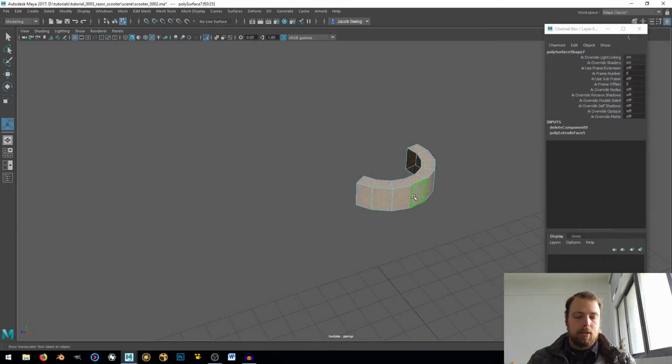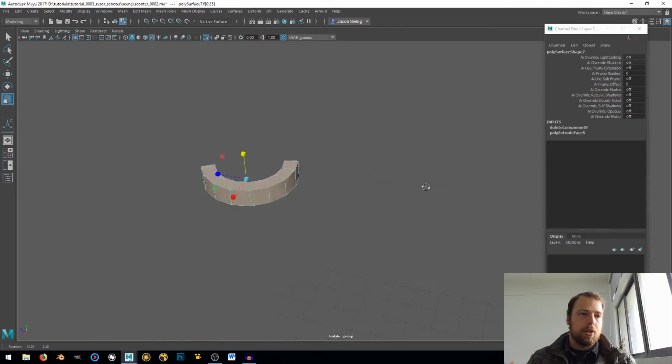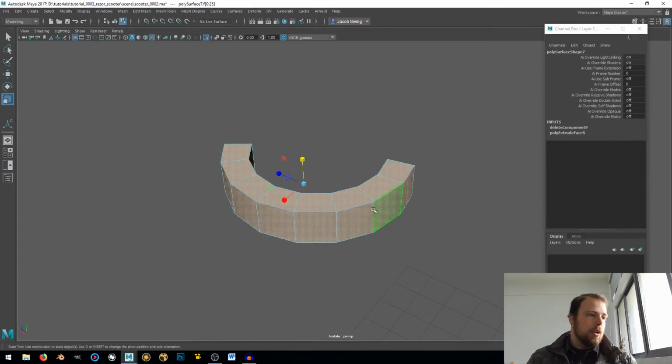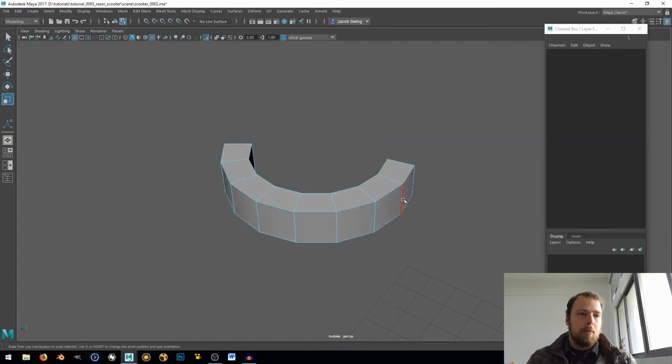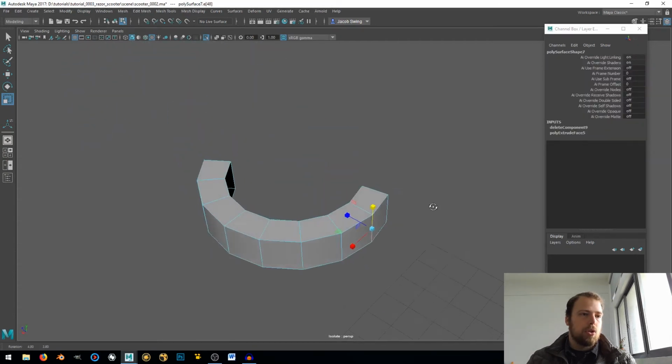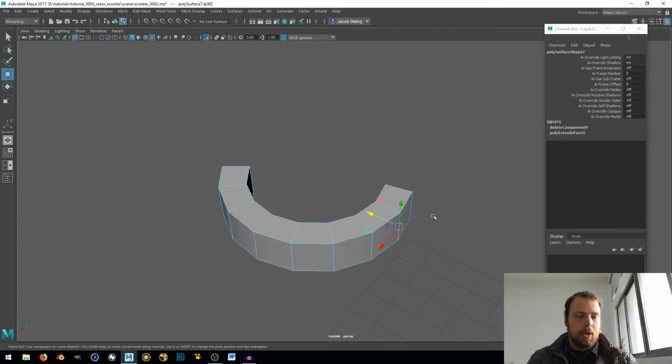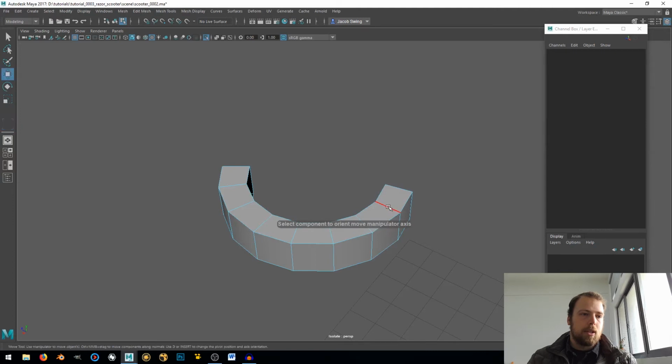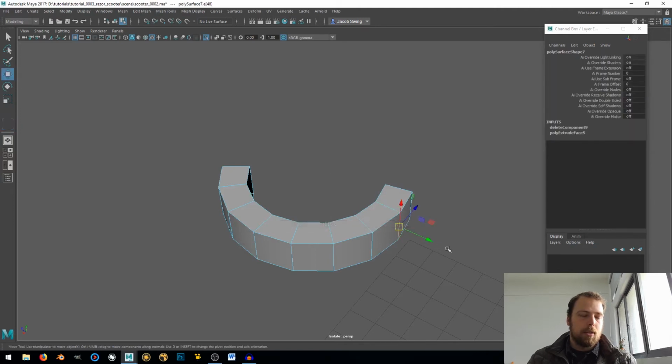Now I'm going to double click, select it all, hit R, and I'm going to scale it a little bit here in the Y axis, and then I'm going to grab this edge and I'm going to hit W. Now I'm going to hold W and left mouse button click, and I'm going to go to Axis, Custom, Set to Edge, and I'm going to select this edge, and that sets my cursor to that edge,